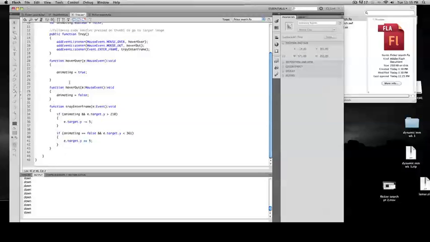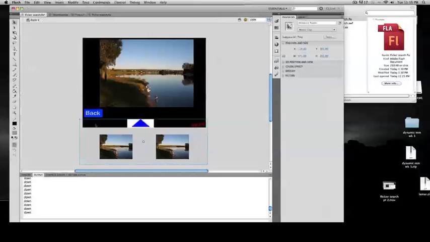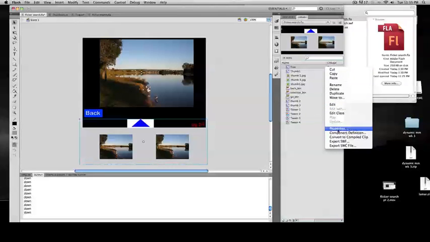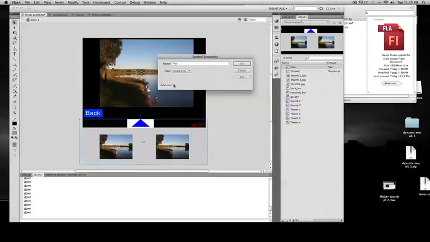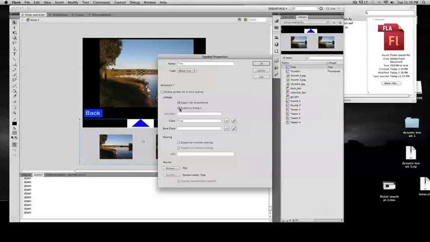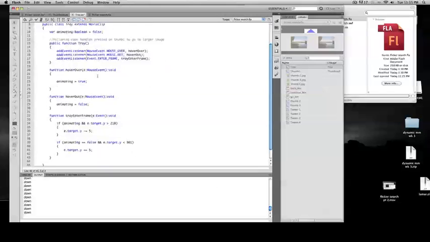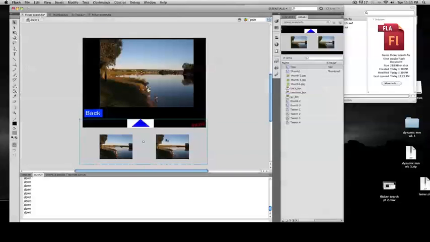Close off your parentheses. What you need to make sure that you've done in your Flickr search is when you go into the library, get your tray movie clip, right click on that, properties, and again in the advanced part, we're going to export it for ActionScript, check export in frame 1, and type in the class name of tray. Again, make sure that the tray.as file is in the same folder as the rest of the files. Press OK. This will allow the tray.as file, this ActionScript file that we just wrote, to be able to reference tray on the